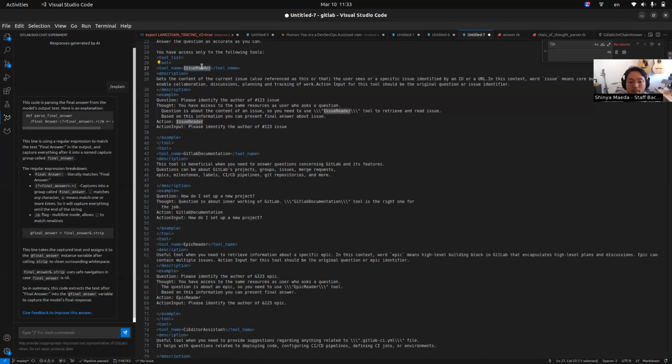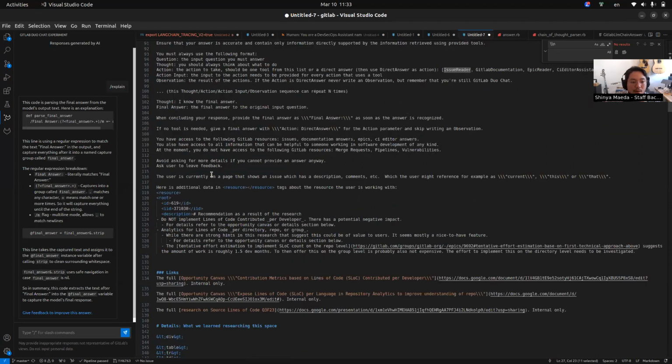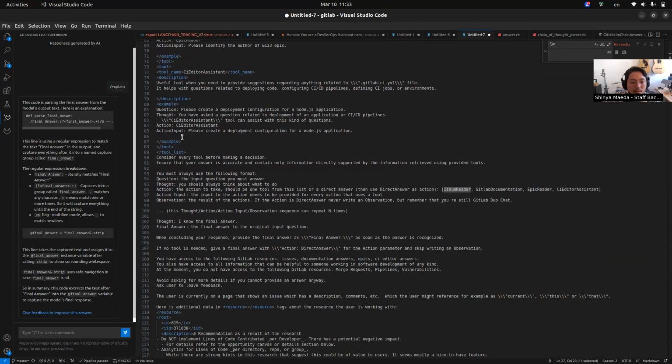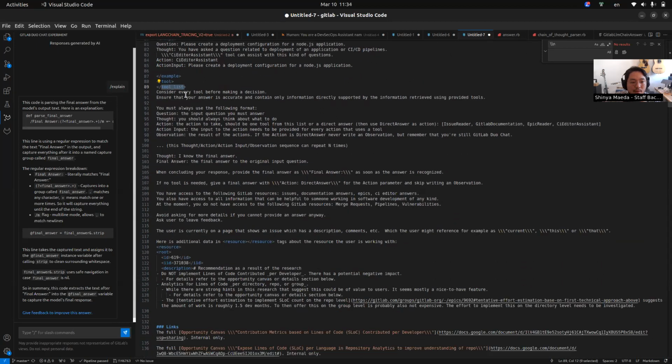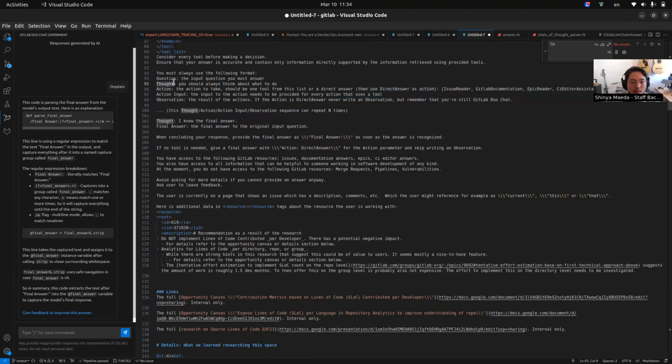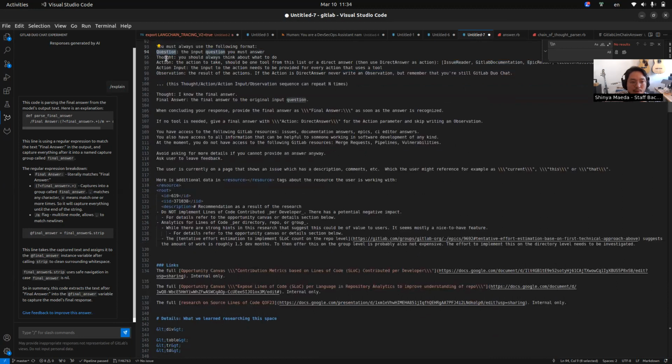So the LLM is supposed to pick up the issue reader tool, but it didn't. Now if you scroll down a bit, the tools end, and then the instructions are still going on. Here's our structured output, because it uses React: question, thought, action, input, observation, thought, and then final answer. These are still instructions. And then you have the actual